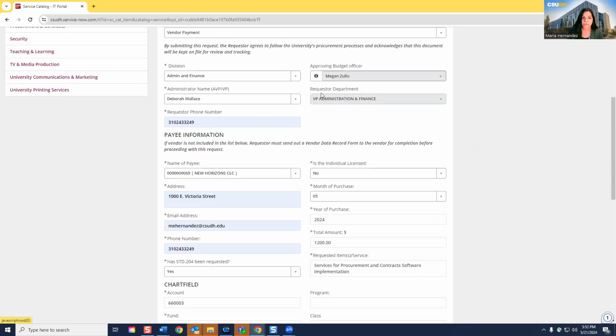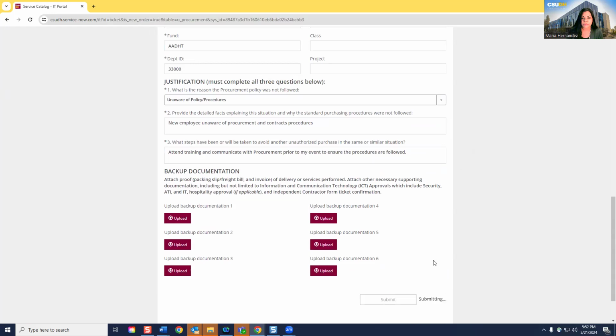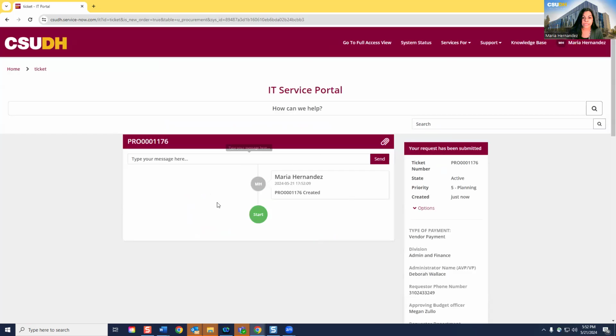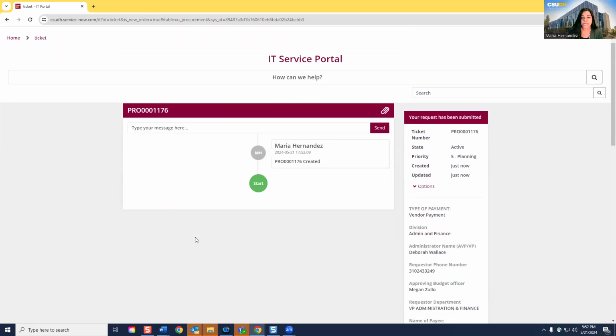Okay, so this request is going to be submitted to Megan for approval. And I'm just going to hit submit. And then it shows you the standard process of an IT ticket that you are used to. Please note that you are not able to go back into the ticket and change information. If procurement or your ARM or fiscal officer contacts you and lets you know that there's missing information or you need to make changes, you will need to make those changes here. You can type a message, which our office will get, or you can add attachments that address the missing information.